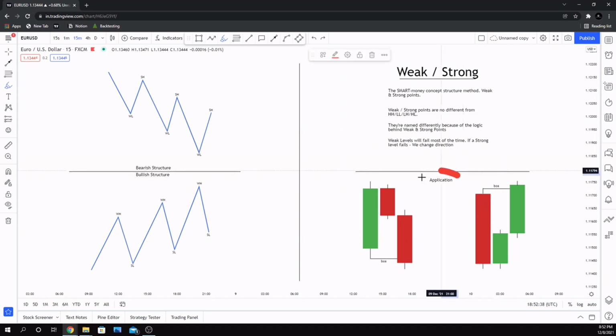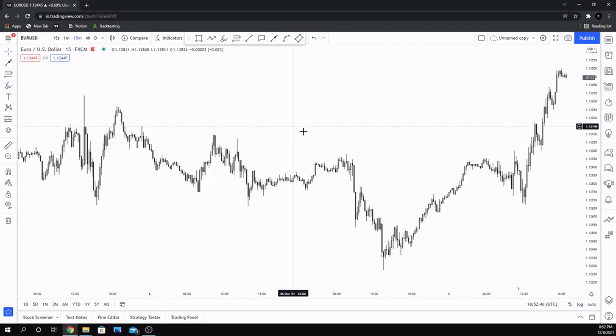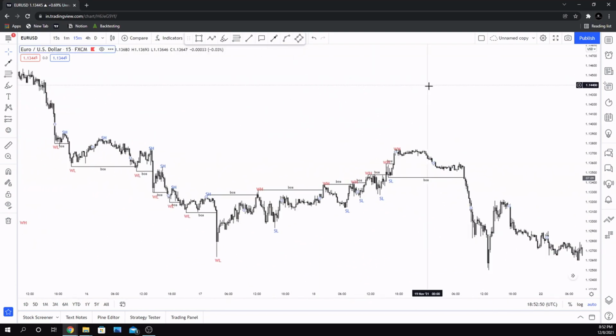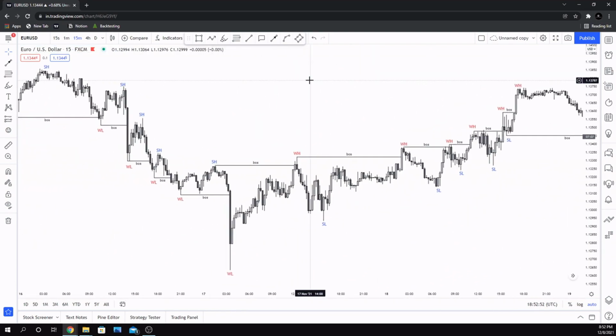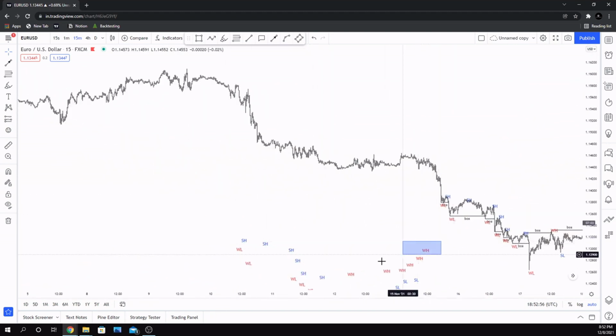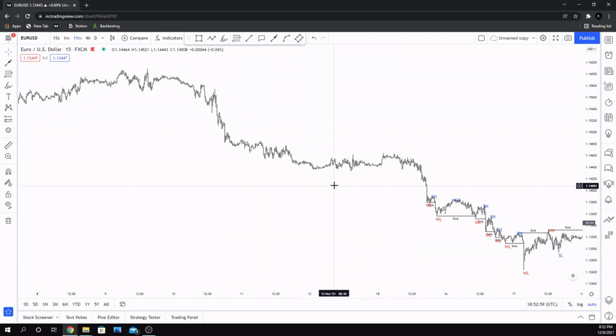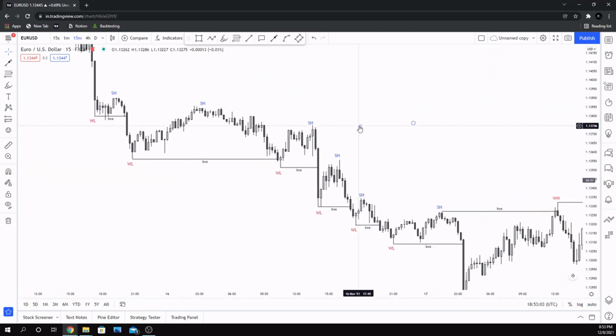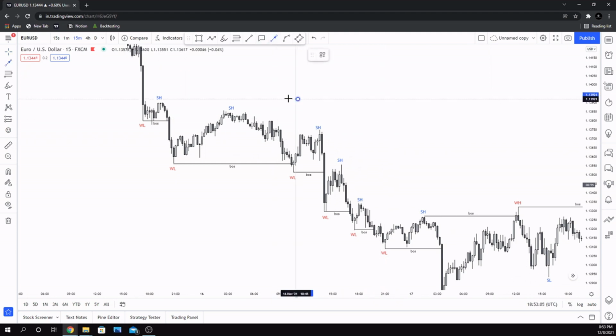So touching on the application, this is the application of structure. It doesn't change. We still want to see that candle body close, so that doesn't change. We can sort of move on from there. And touching again here on the examples we used, if I just remove this to my left, because I don't know why this is here. But touching on the examples that we used in the structure video, we can see here